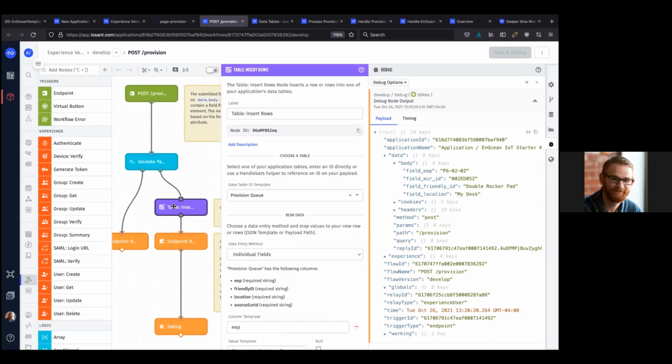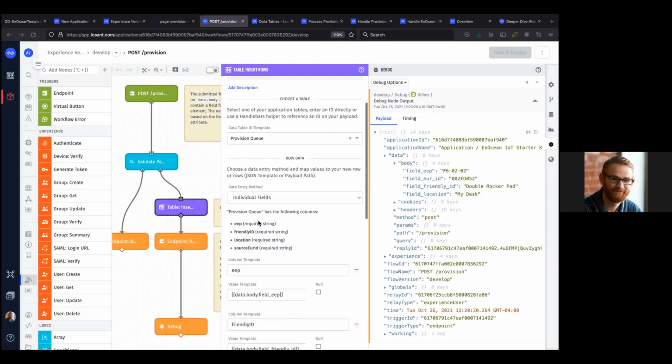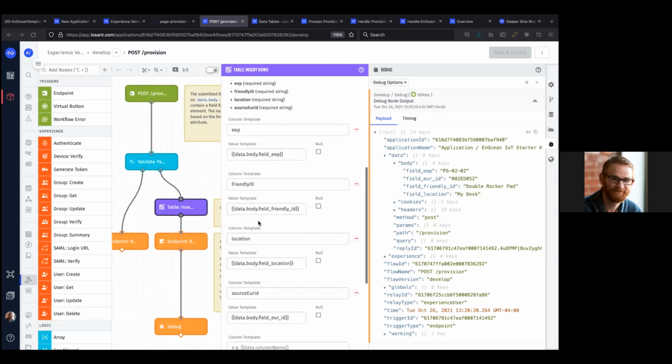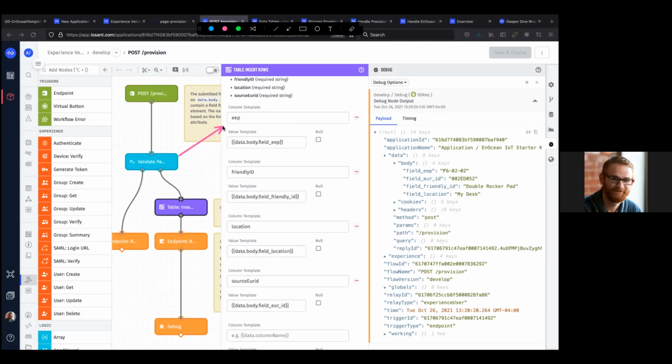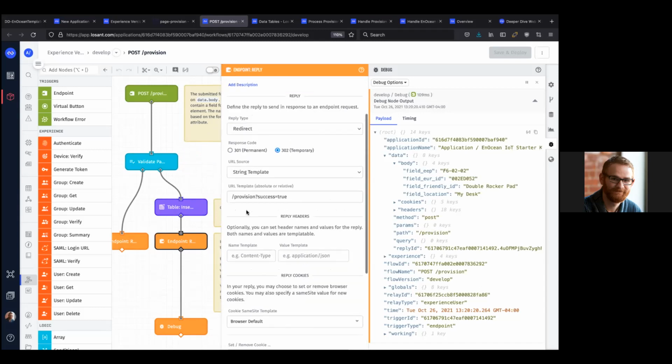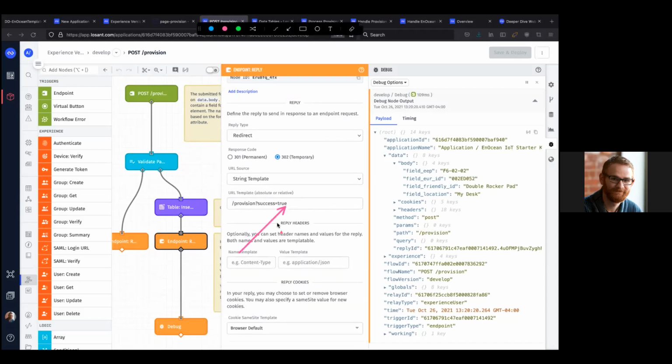The provision queue itself is just made up of a Losant data table. So all this request is doing is accepting the information and putting it in a table. That's it. So it's a really quick request. It's just adding the information to the table and then replying to the user, saying, okay, I queued your request. And again, we're just inserting a row with the information unique to that sensor you're trying to provision. Then all we do is redirect them back to the same page with success true, and